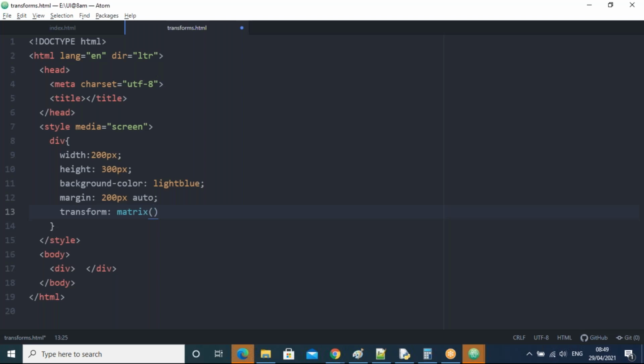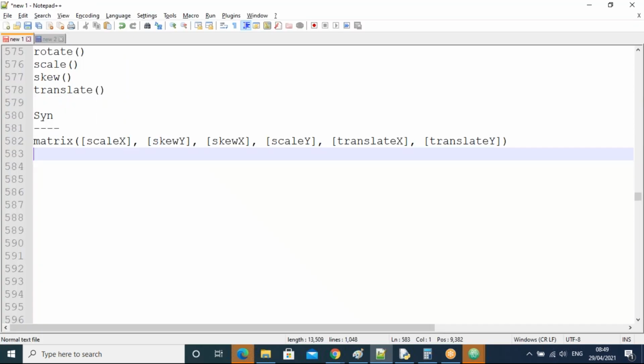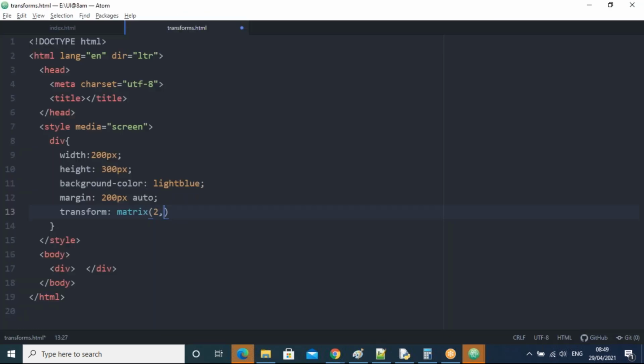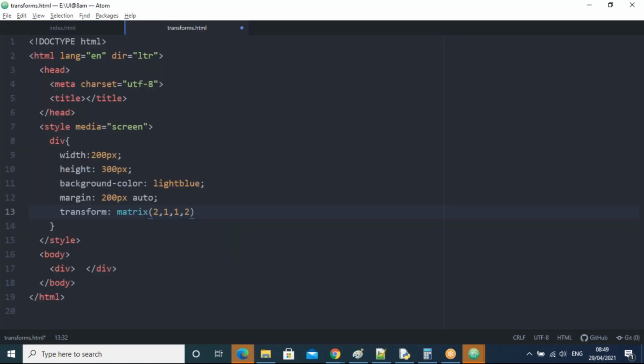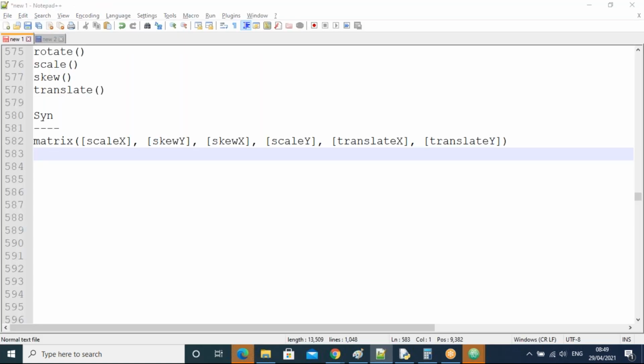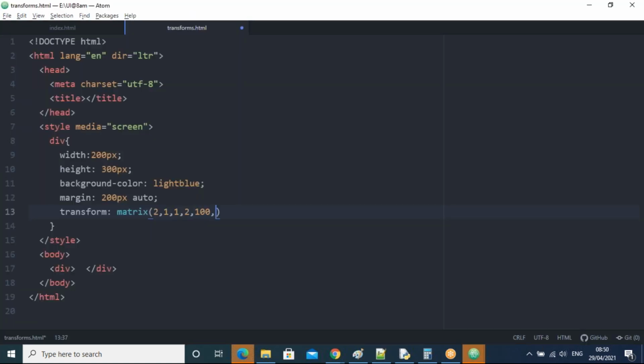The first one is scale x, which I am giving as 2. Skew y and skew x, I'll take both 1, 1. Next scale y, I'll take 2. Next we have translate x, translate y, I'll take 100, again 100. Let us see what will happen.